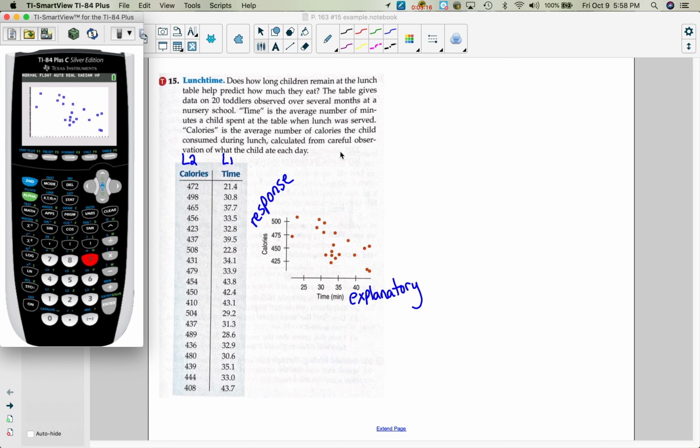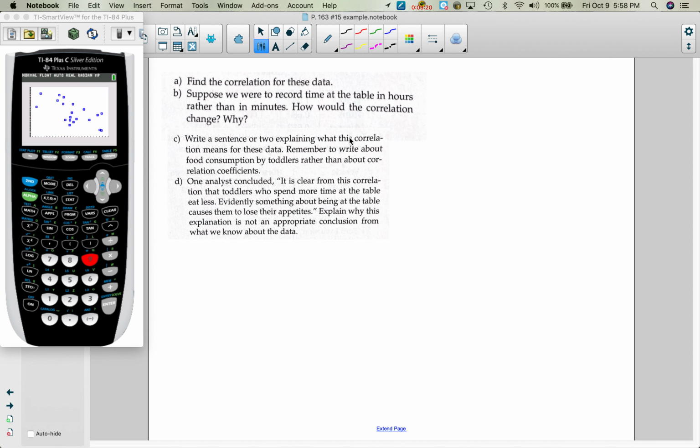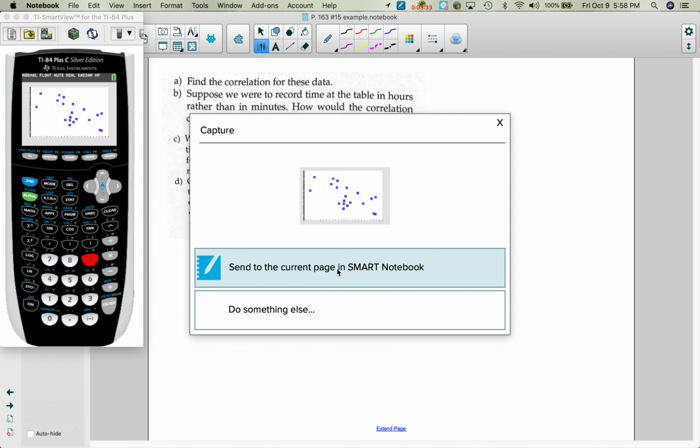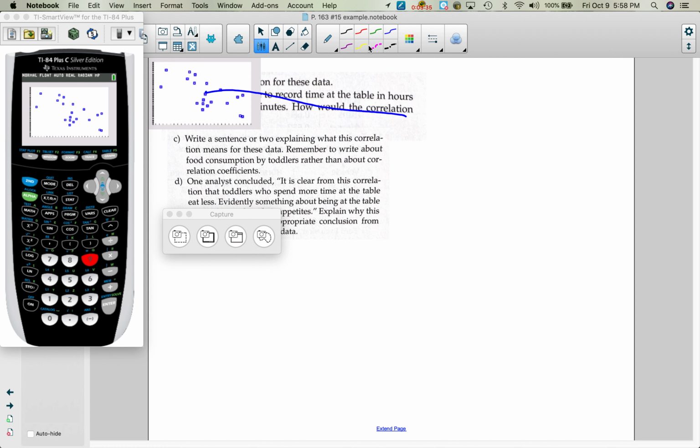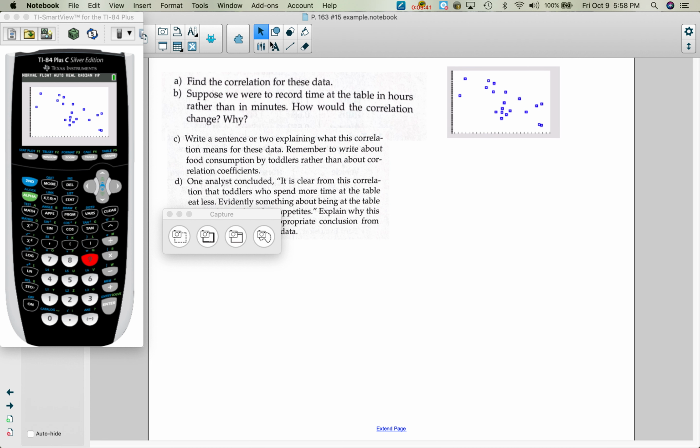Now, as far as the questions we're asked to answer, the first is: find the correlation for these data. So we're going to go ahead and look at that. Actually, I'm going to take a picture of that. Whoops, didn't mean to do that. So I have a picture of that. Okay, so going on here then,